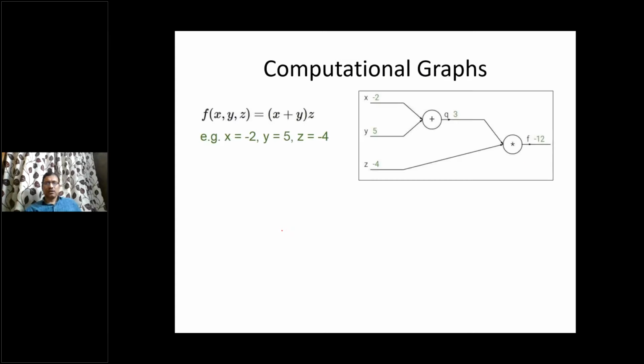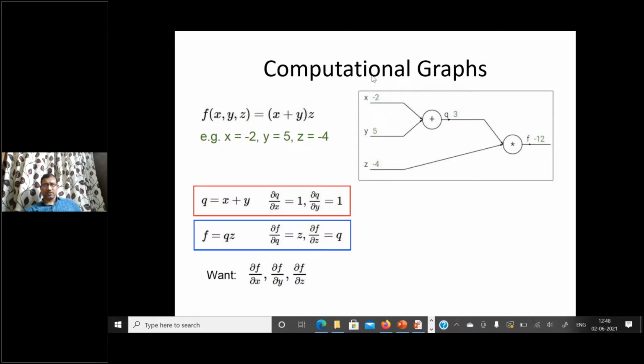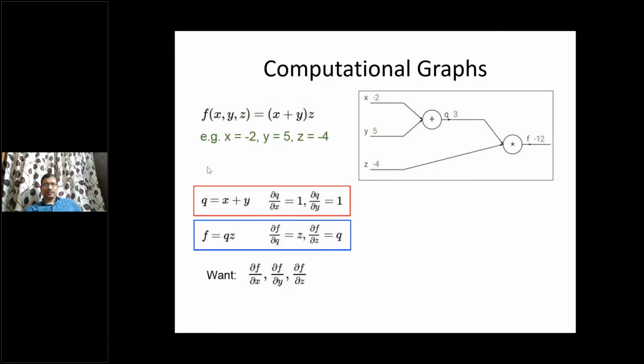So let me very quickly move on. Now the issue is, suppose I know the gradient, how does the gradient help me adjust the weights? This can be very easily defined by computational graphs. This is a computational graph which tells that here is the equation, and these are the functions. The function f(x, y, z) is defined in this form,